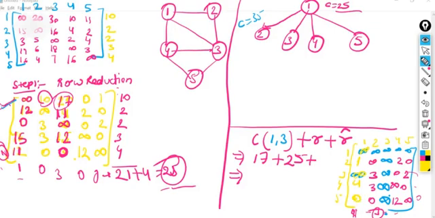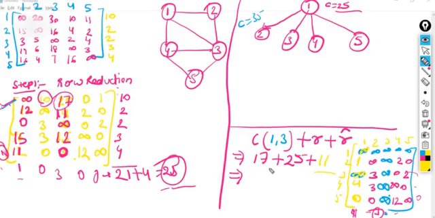So now it is in a reduced form. So what value have we reduced here? 11. So we have to mark 11 here, right? By which value have we reduced? Multiple values can also be possible. You have to add them on. If you are getting the 11 plus something and other values, two columns or one column and one row we have to reduce, then we have to sum those values by which we are reducing, and add it to the total cost.